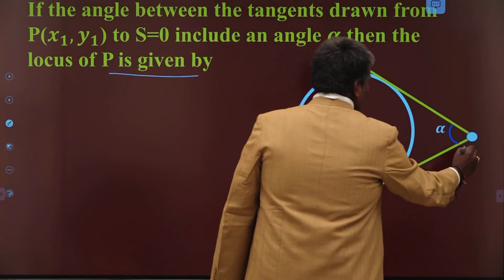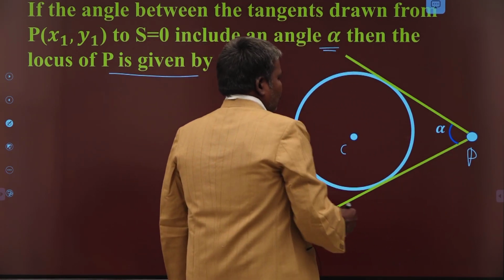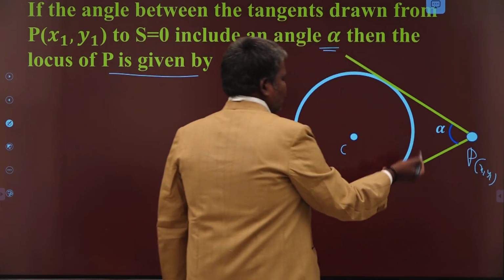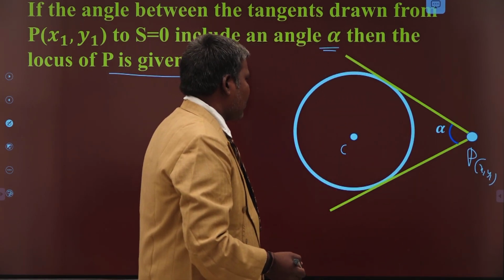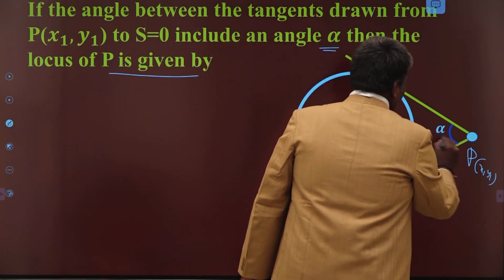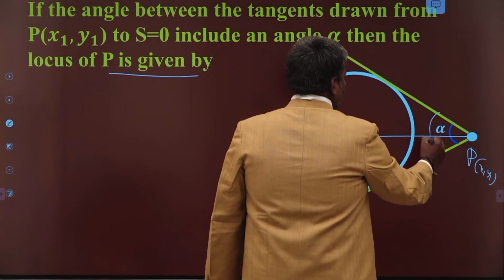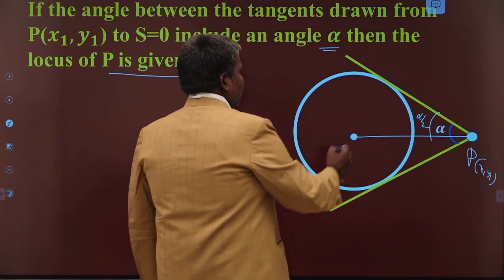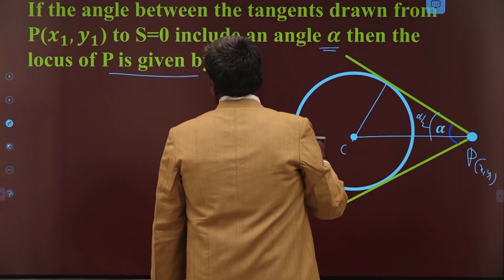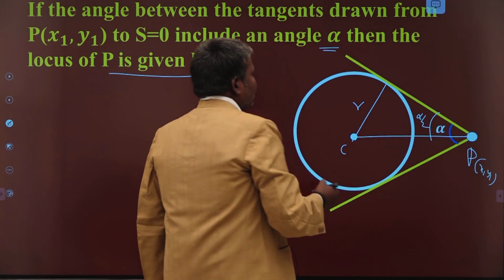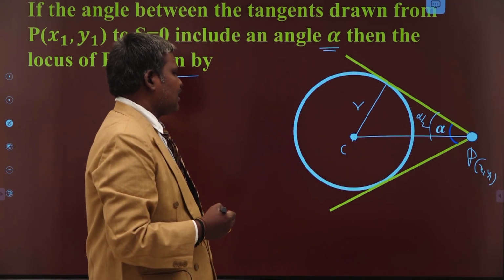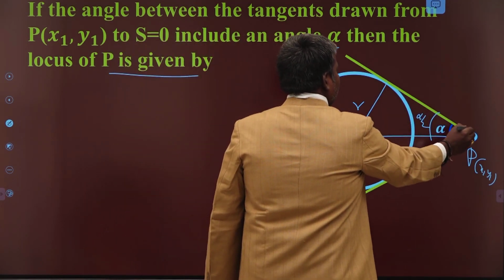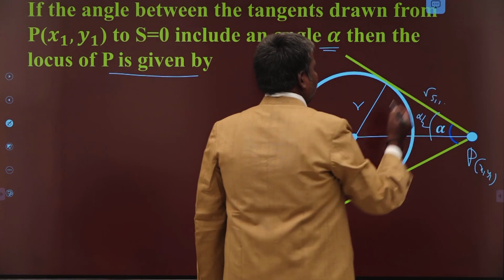This is the center of the circle. This is the point P, x1 comma y1, say this is one of the positions of point P. Its coordinates are say x1 comma y1. Now just by joining these two, what is the angle here? This is alpha by 2. Now what is the radius here? This is the radius of the circle, that is root of g square plus f square minus c. Now what is the distance from here to here? Length of tangent, that is root s11.